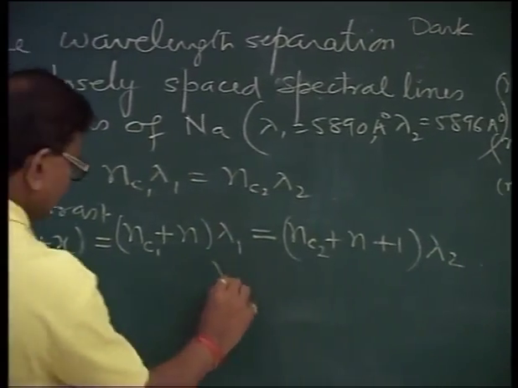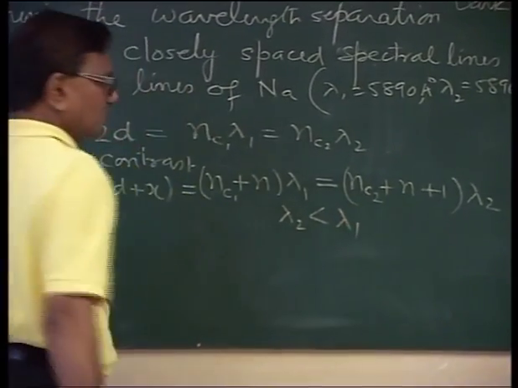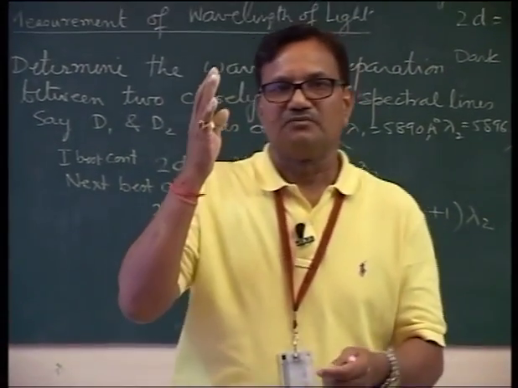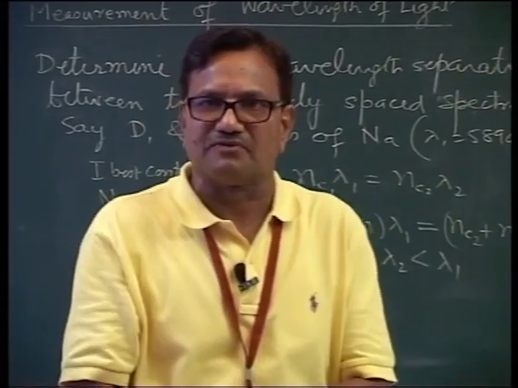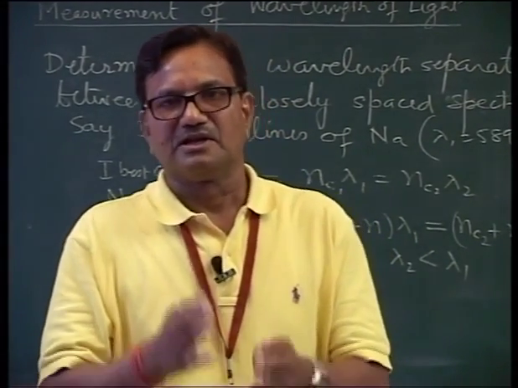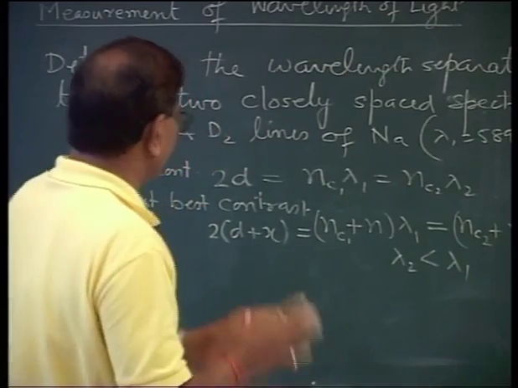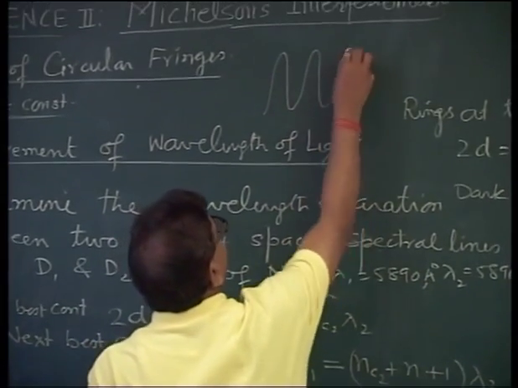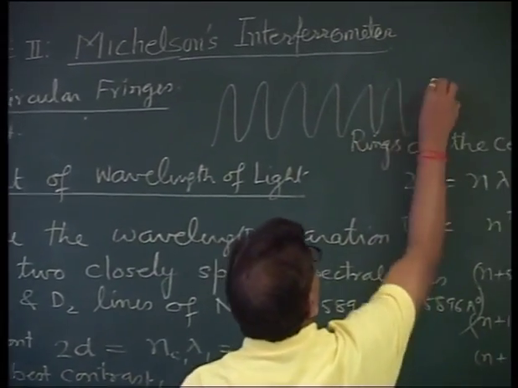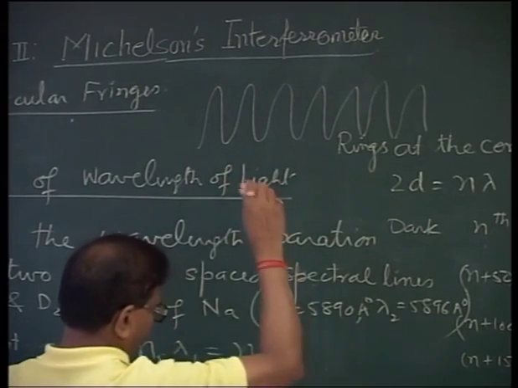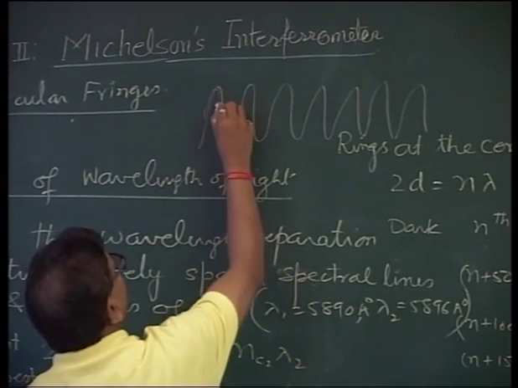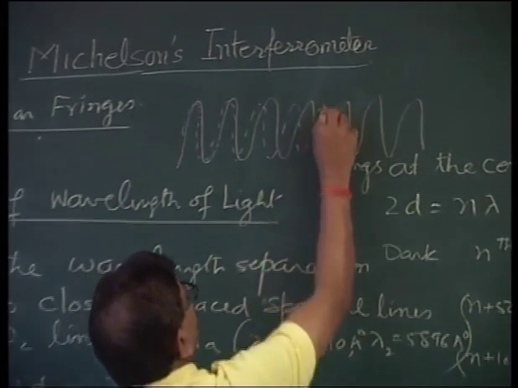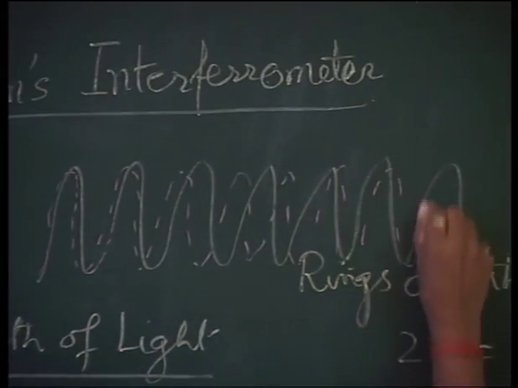Where lambda 2 is less than lambda 1. Why? Because the best contrast will be observed when we have a difference of exactly one wavelength. As we proceed, lambda 1 is greater than lambda 2. See, these are the fringes due to lambda 1, and these are the fringes due to lambda 2. Lambda 2 is less than lambda 1. Therefore, this goes on shifting and shifting, and a stage